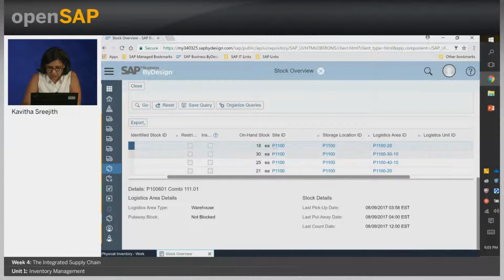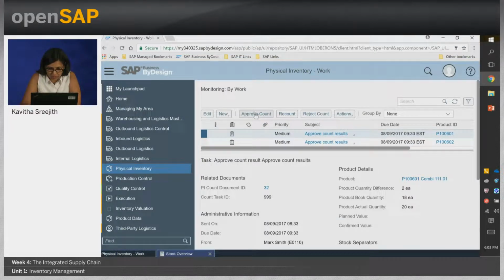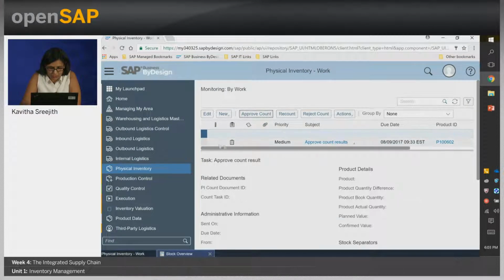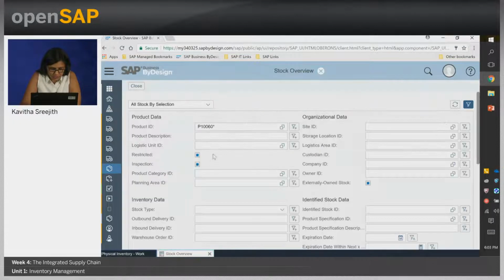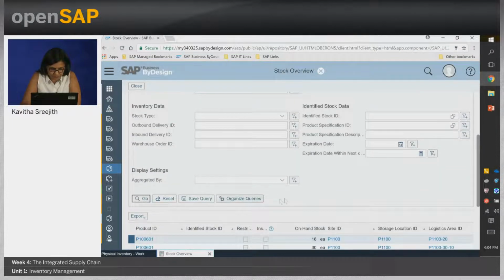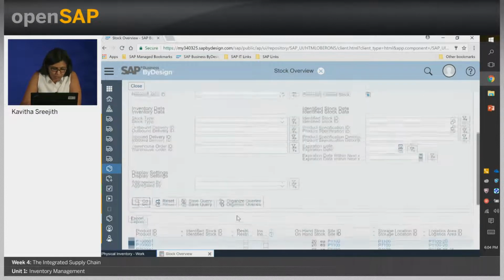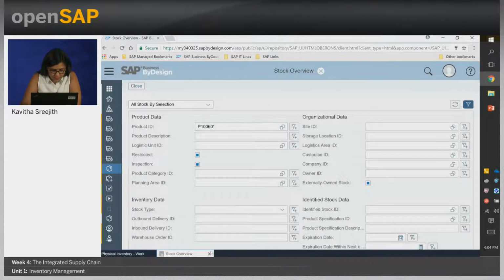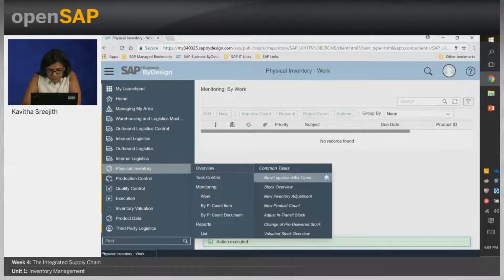Okay, we are talking about this and this, the first and the last lines. Let's see, I'll approve the count and also approve the second count, and then now let's take a look at the stock overview. You see, this has got updated to 20 and even this has got updated to 20. So that brings us to the end of count tasks, but what I also wanted to quickly show you is